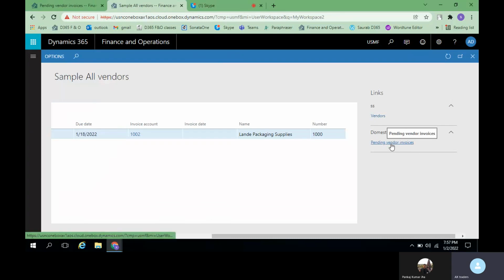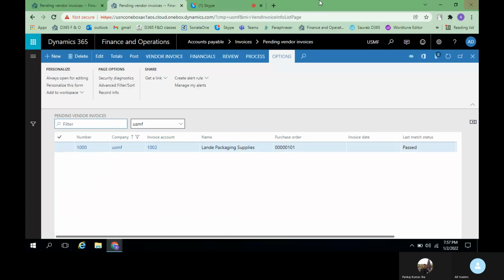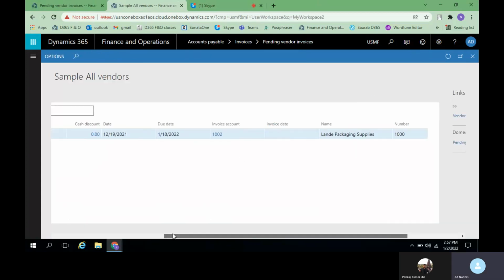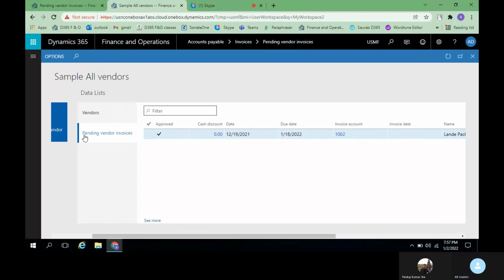See, if you just click on the pending vendor invoices, that will redirect you to the actual page. Either you can use it in this way, or else you can select the columns and make it a list.